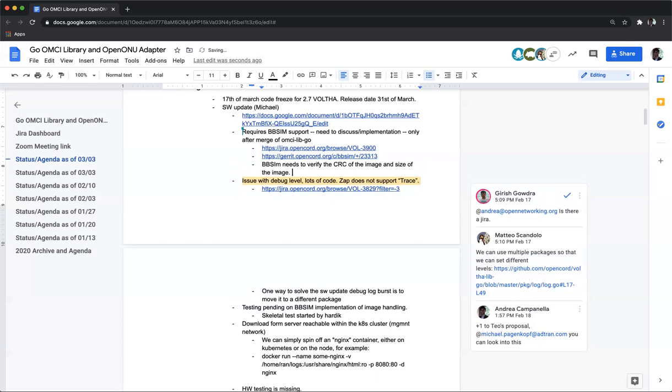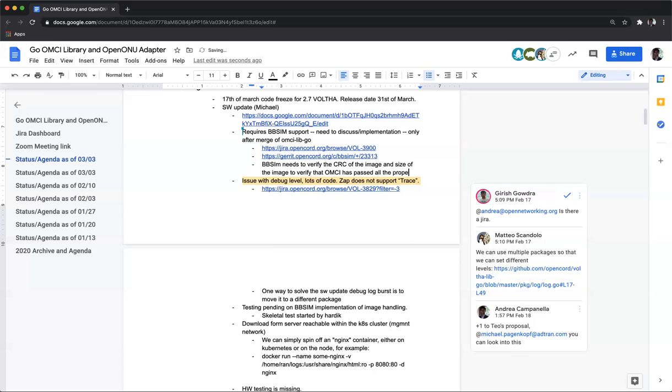But one quick question: isn't that something that we can check at download time to the ONU adapter, both CRC and size? Yes, but we want to make sure that the complete image is really downloaded to the ONU as well, through OMCI. Okay, sounds good. So if I know the image size and I know the window size, then I can know how many download section requests I should get for that image. Is that correct?